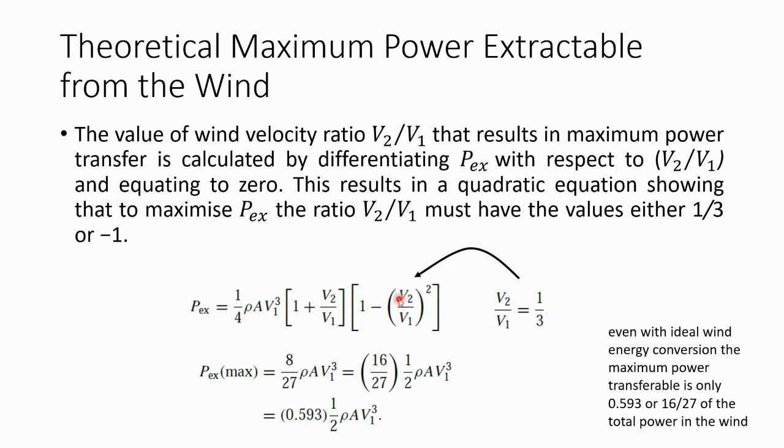From that, we realize that this results in a quadratic equation showing that for the maximum PEX, the ratio of V2 over V1 must have the value of either 1 over 3 or -1. Of course, -1 doesn't make sense, and we can just ignore it. Therefore, we conclude that to get the maximum extractable power, PEX, V2 over V1 must equal 1 over 3, or the ratio of V2 over V1 must equal 1 to 3. So the incoming wind speed must be 3